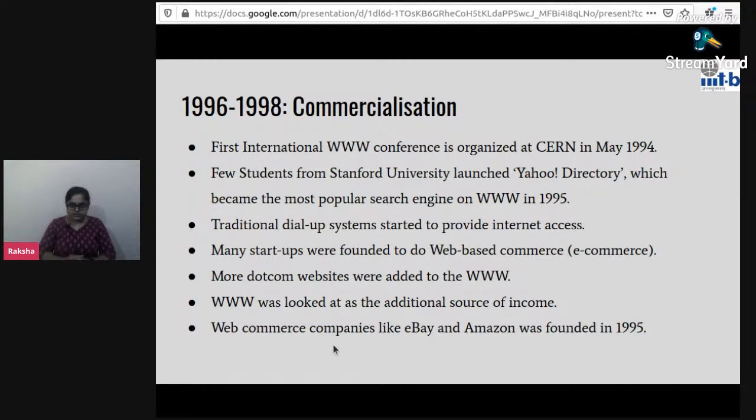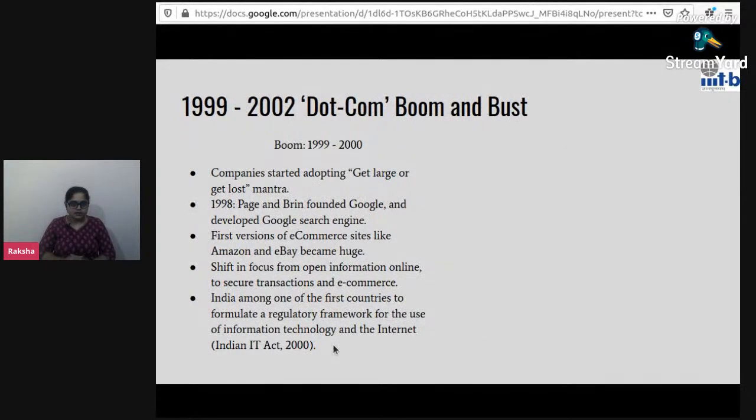Until now, it was largely the academic institutions that used the web, and by this time, most of the companies started using the web, and they started having their own websites. And by 1995, some web commerce companies like eBay and Amazon were formed. And then the years 1999 to 2002 were a great shift for the web, because that is when the